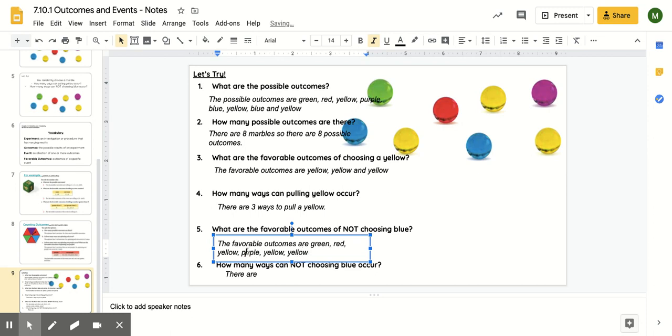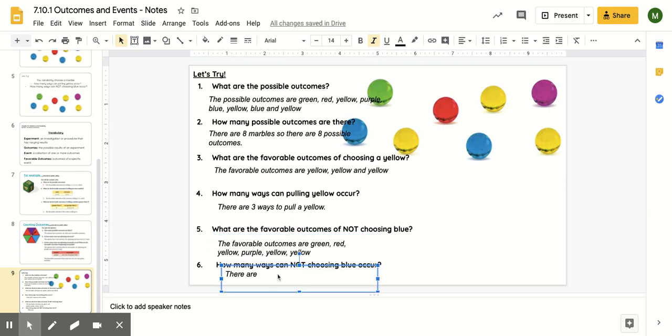Okay, so I list everything except for those blues. Again, remembering that this yellow is different from this yellow, which is different from this yellow. So again, when I count how many are not blue, 1, 2, 3, 4, 5, 6, there are 6 ways